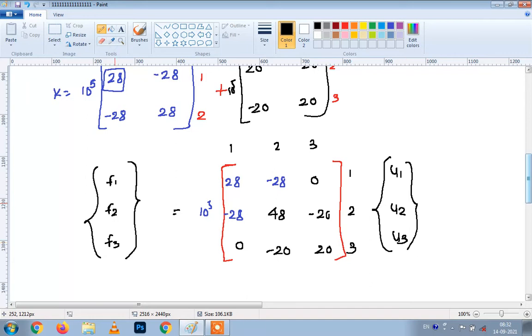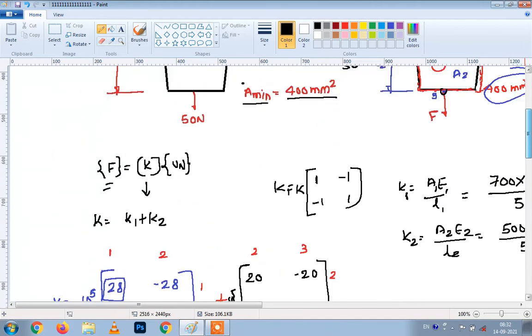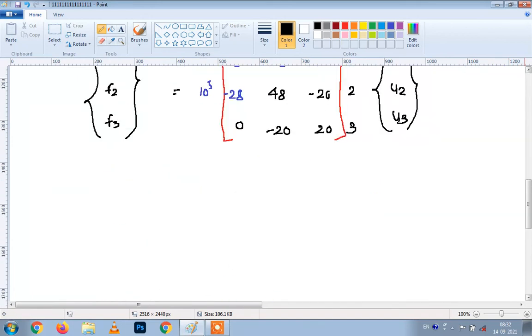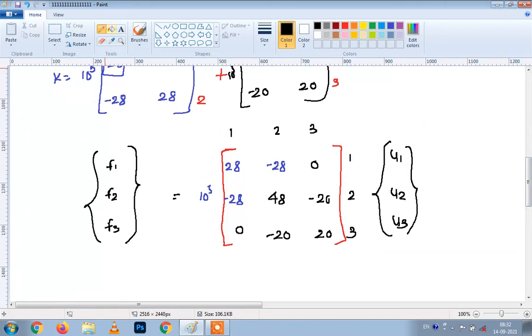Now we want to write the values. At node number 1 a reaction is acting, there is no force at node number 2, and at node number 3 a force of 50 Newton is acting. So considering this force of 50 Newton and the reaction force,